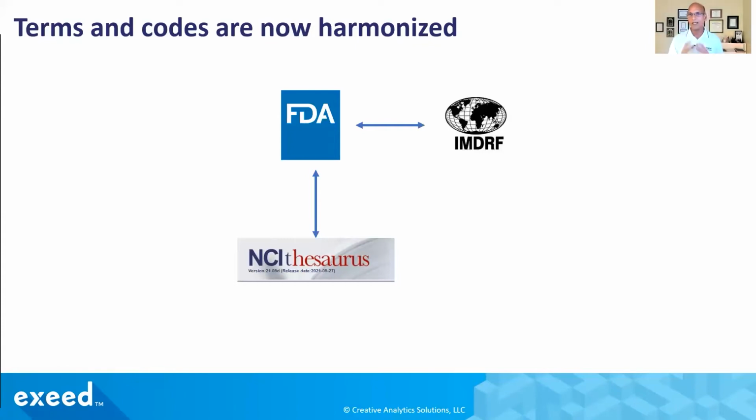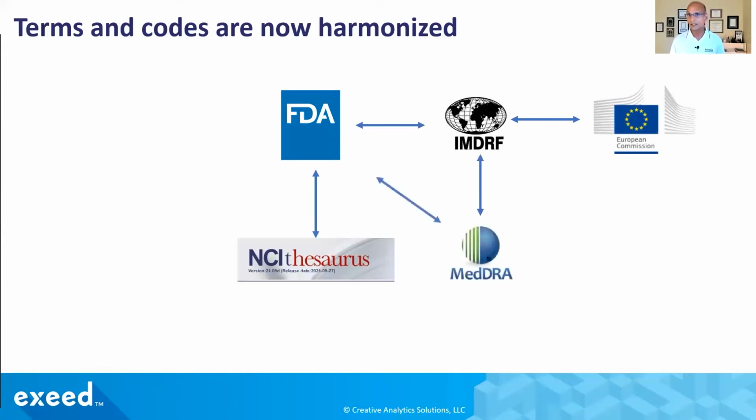We need some kind of a mapping so that we can analyze this massive amount of data from different sources. So they are mapped to NCIT, IMDRF, European Commission direct connection, and direct link to MedDRA. So everything is kind of coming together. And all these databases, in fact, are also going to align on the frequency of updates. When new terms are suggested or recommended, what should be the process by which these databases should be updated? So that kind of standardization is going to happen more and more.